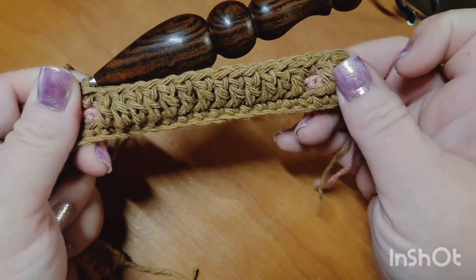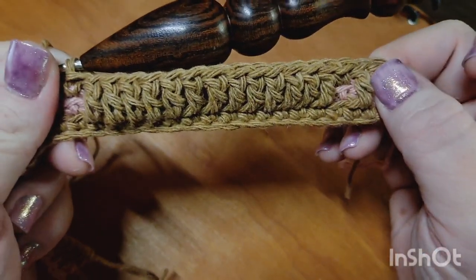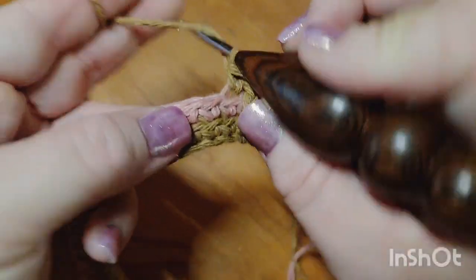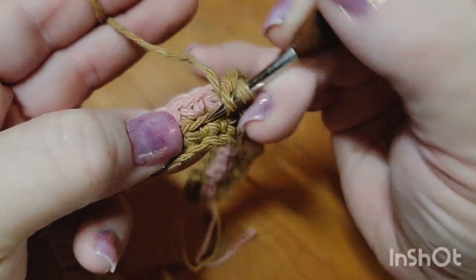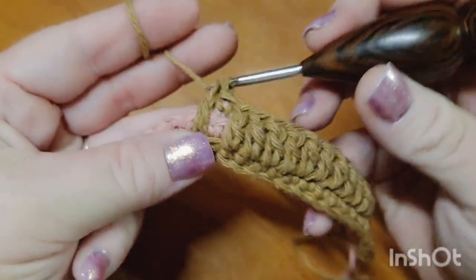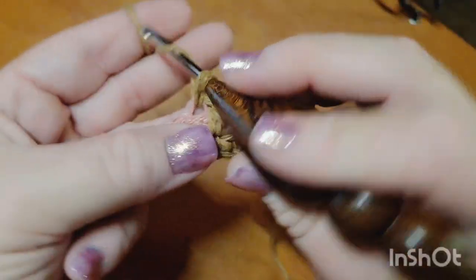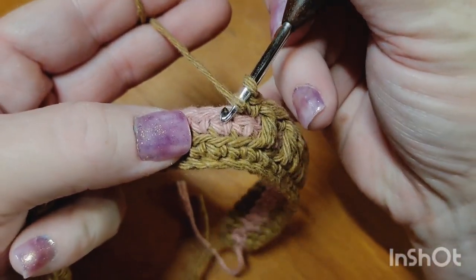I'm going to work this repeat with you one more time for those of you who are new. So we are going to begin the repeat again. So this is how you continue to work now. So row 3's repeat begins with 1 double crochet. So right here, very next stitch, we work our double crochet. 1 single crochet into the very next, 13 double crochets,